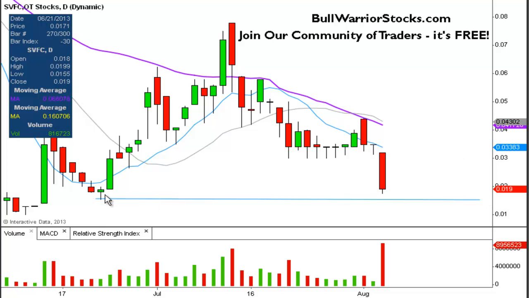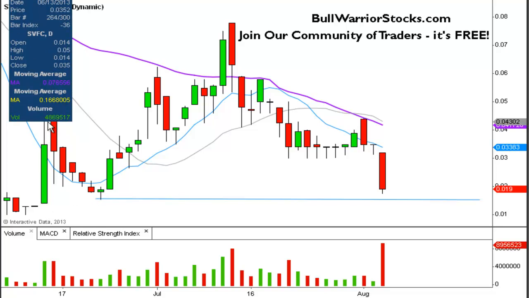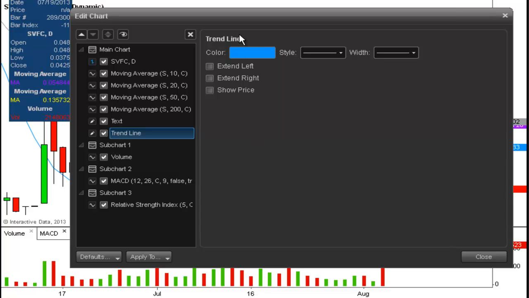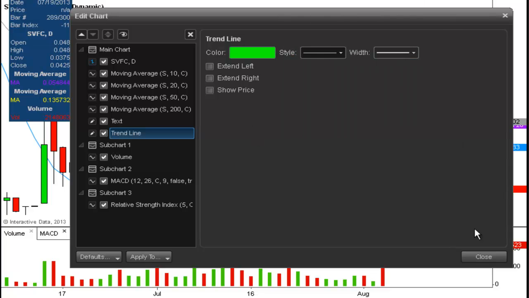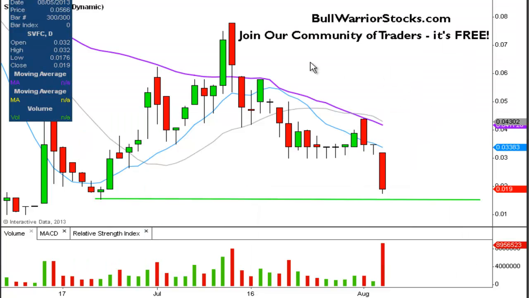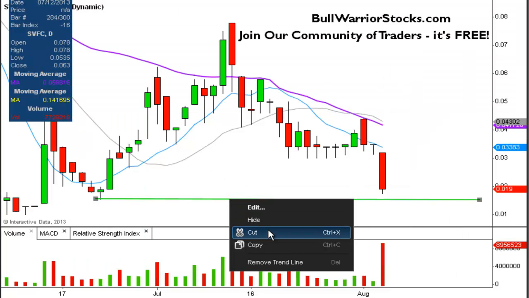So let's first start off with this level right here, and this is just simply a previous low from back on, what was that, June 21st, and on that day you can see after this big move here, that is where the pullback stopped, and then it went to new highs, and that level is at 0.0155. So 0.0155 is the first potential bounce area for the chart. The next one is not too far away,